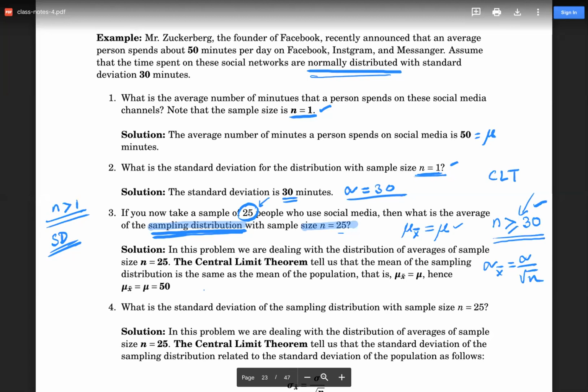So mu sub x bar is actually going to be mu, which is to say mu sub x bar is equal to mu is equal to 50. That is, the population mean is the same as the mean of the sampling distribution with sample size n equal to 25. Even though 25 is less than 30, it really doesn't matter